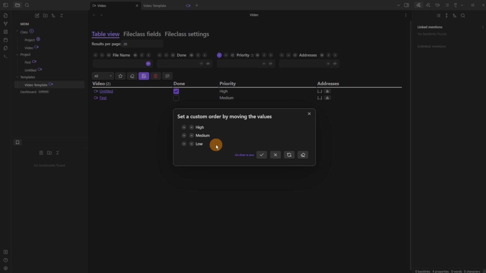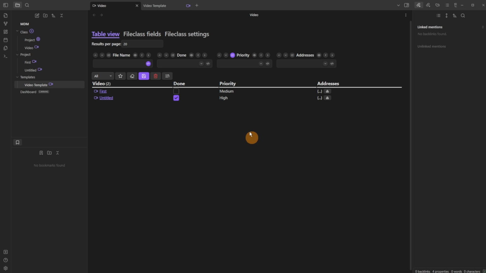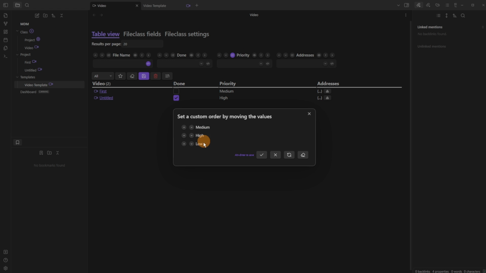In Dataview, you'd need to use a choice codey stuff or a default X codey thing. This is just up or down. So I want medium to be at the top, then high, then low. Save. Now medium's at the top. If I change this one to low, now we have medium, low. If I change this one to high, it's still medium and high because the custom sort order is done inside